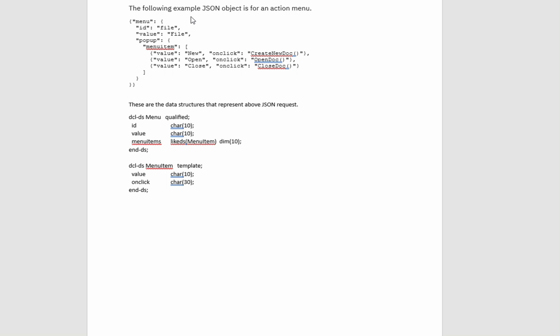In this video, I'm going to show you how to set up a JSON object, in this case for an action menu, as you see there. And these are the data structures that represent the above JSON requests. So now we're going to go to the S400,